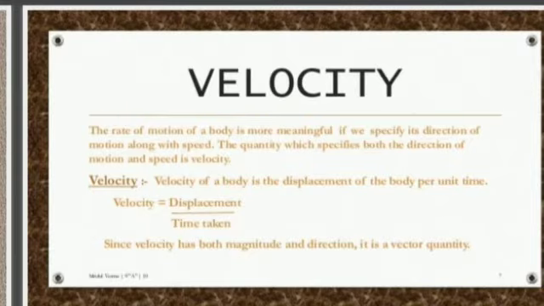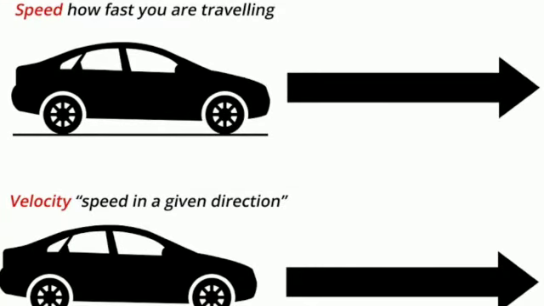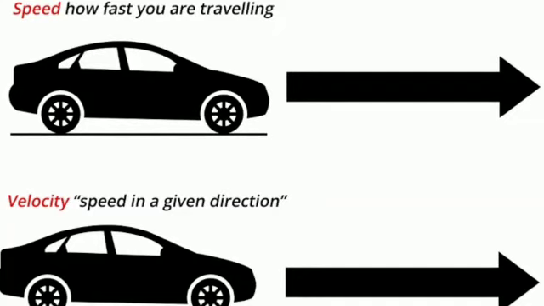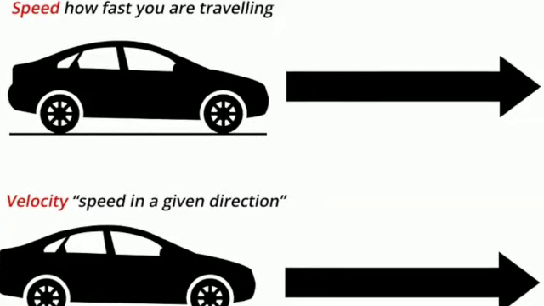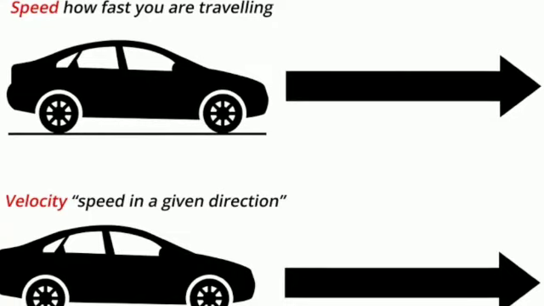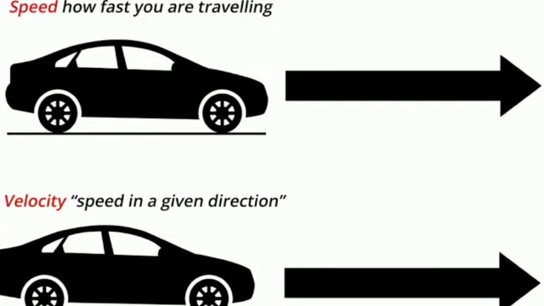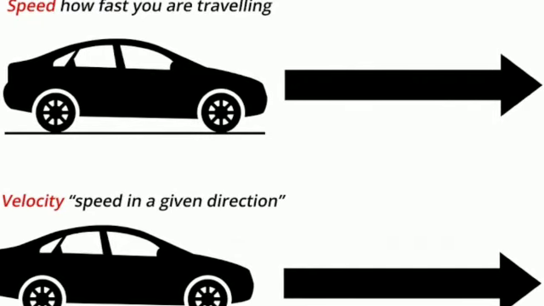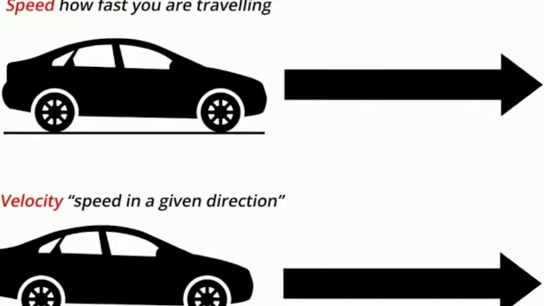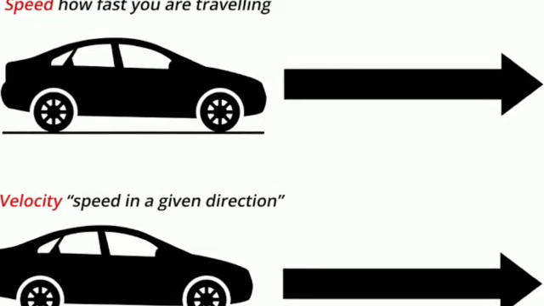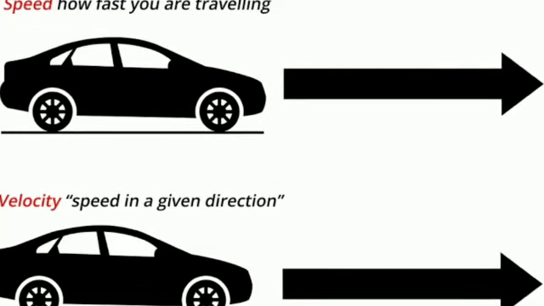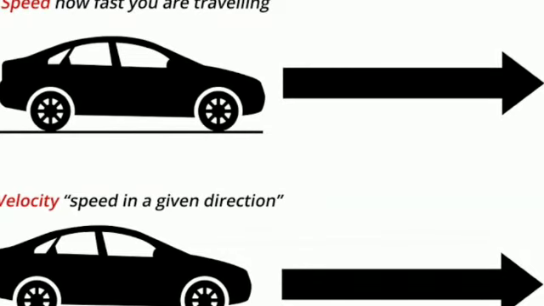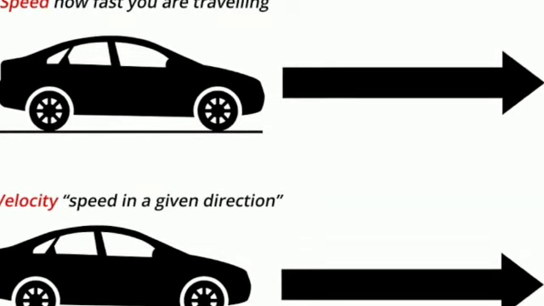See here, what example I gave here. Speed, how fast you are traveling. The first car doesn't know any direction, it just maintains the speed. So first half an hour 30 kilometers per hour, next half an hour 50 kilometers per hour, next half an hour 60 kilometers per hour. Just the first car person is maintaining only how fast he's traveling. He's focusing only on speed here.